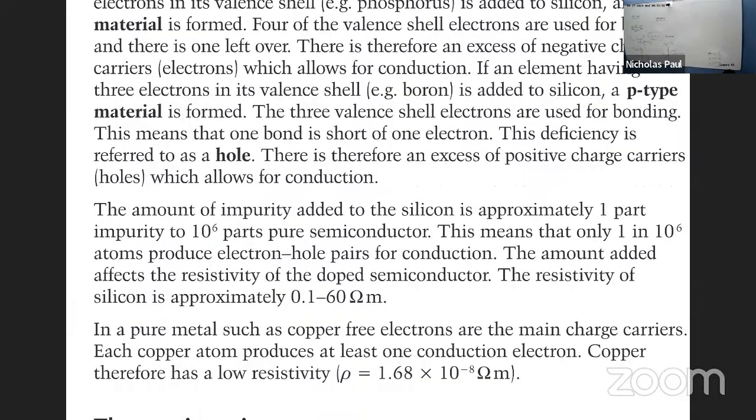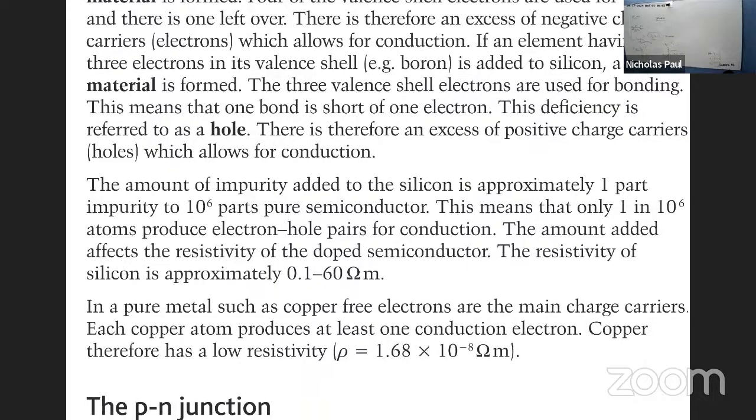And the amount of impurity added to the silicon is approximately 1 part impurity to 10 to the 6 pure semiconductor. This means that only 1 in